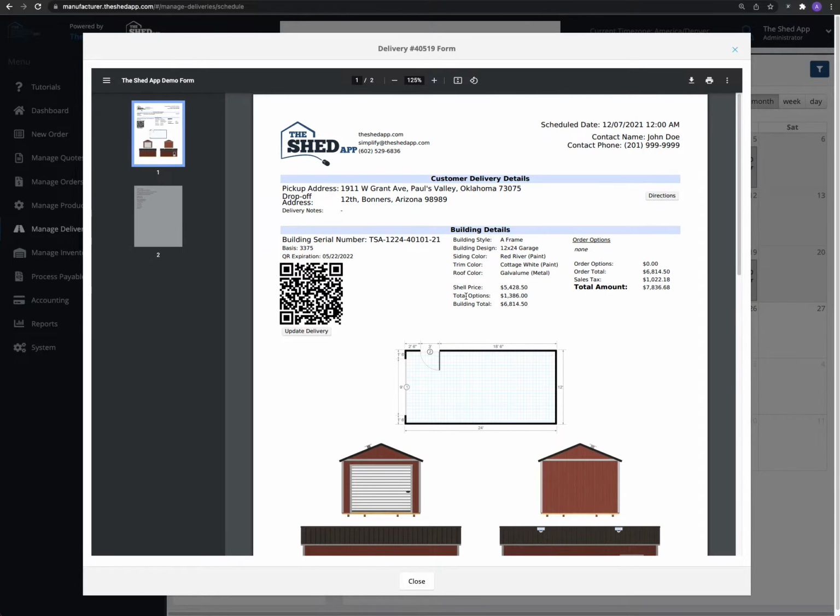The DOT may require it. He could also have an iPad with this information displayed, and you have a button to update delivery, which takes you to the same location as if you would scan this QR code with your phone or your iPad or mobile device. We click on Update Delivery,